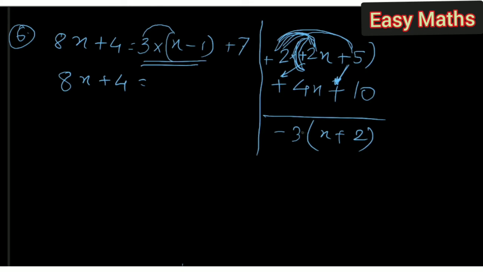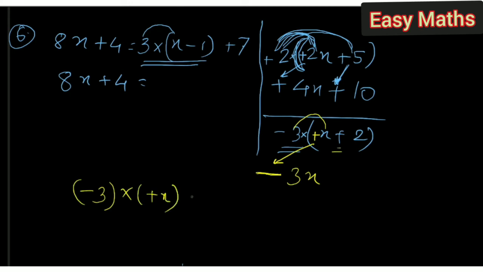So this is the answer. But if I am multiplying by a negative number, for example in this question, then I must change the signs of the terms inside the bracket. Here this x has no sign, that is, it was positive, it should become negative now. And don't give many signs, just give one sign, just change this sign and multiply the terms. So 3 into x becomes 3x. Don't think about different signs. Many students, what they do is they write it like this, minus 3 into plus x, and then again they write this plus, they write minus 3 into plus 2, and they become confused in so many signs.